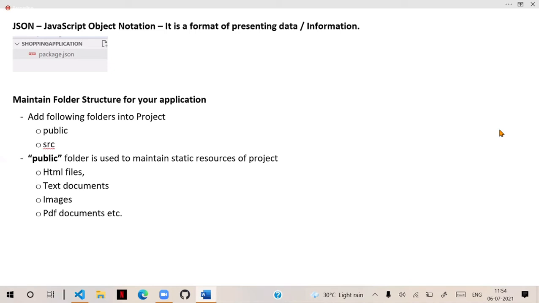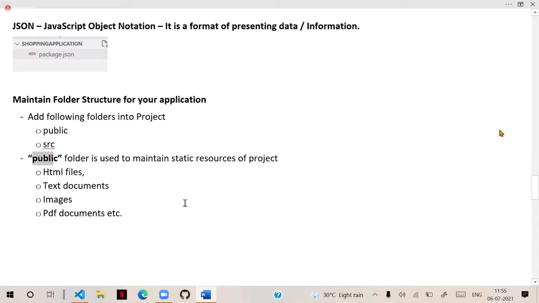All these kinds of documents, HTML files, text documents, images, PDF documents, everything is maintained inside this public folder.